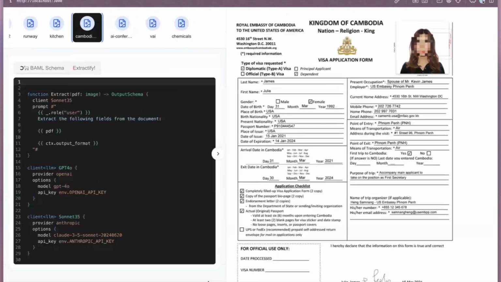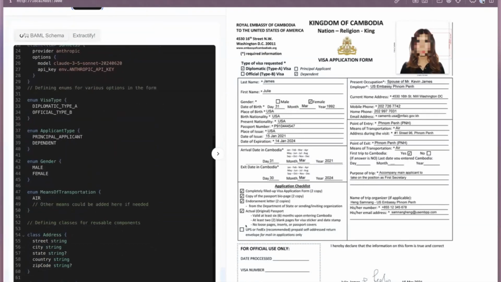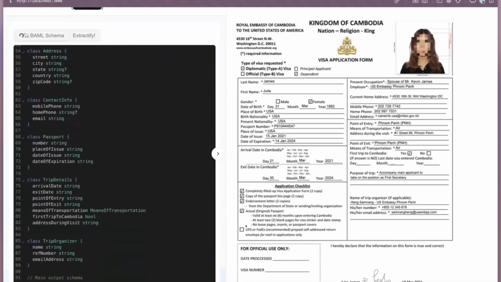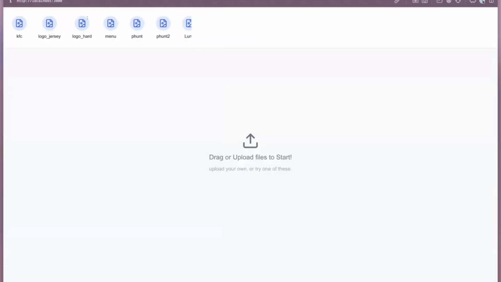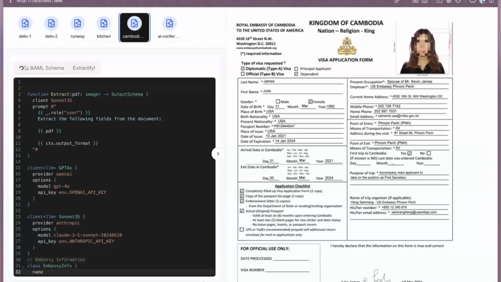So here's what we're gonna do. We're gonna take this image of that visa form, and then we're gonna process it. Right now what the model is doing is generating BAML code. And once we get the BAML code generated, we're gonna execute that. And it's hands off, so we'll see if it actually works, because LLMs. Oh, shoot. Sorry, I ran it twice. That was my bad coding on localhost, but we'll see it working right over here.